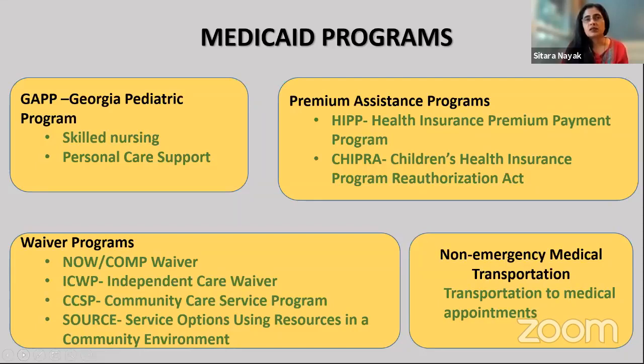Or if your child requires help with daily living needs, like they need help with showering, feeding, meal prep, dressing, any of those things, then it also provides personal care supports through CNAs, which is certified nurse assistants. So in order to receive GAP services, you would have to go through a nursing agency to